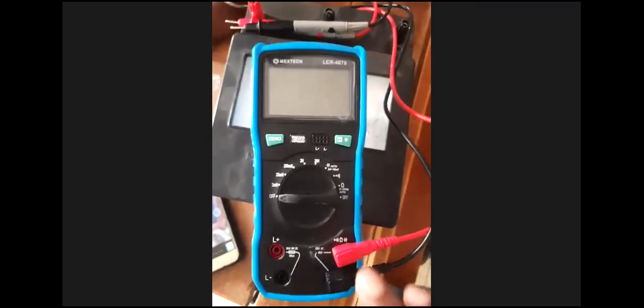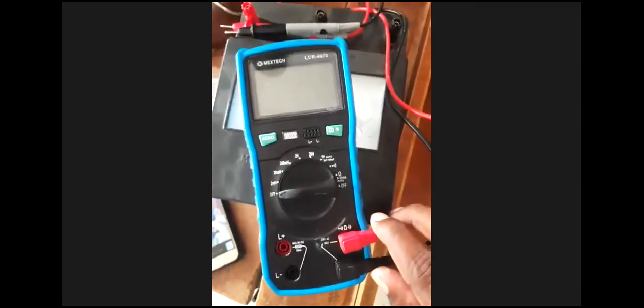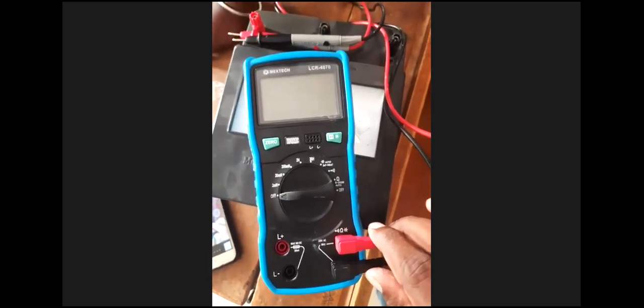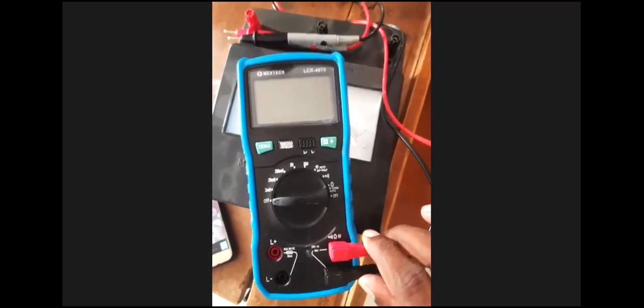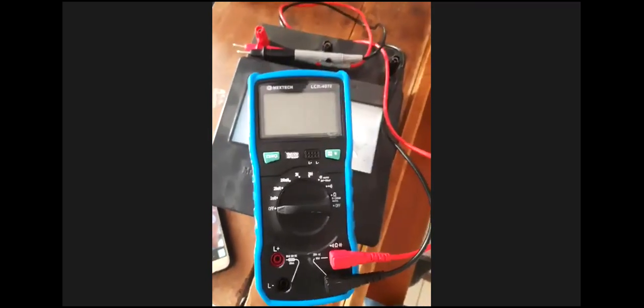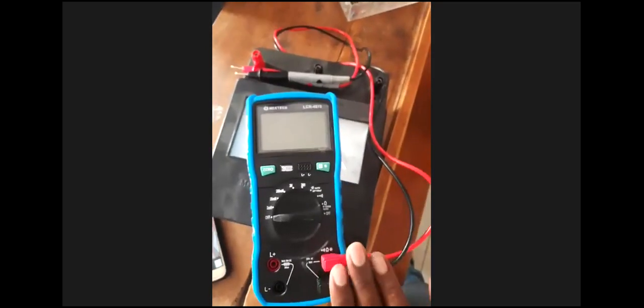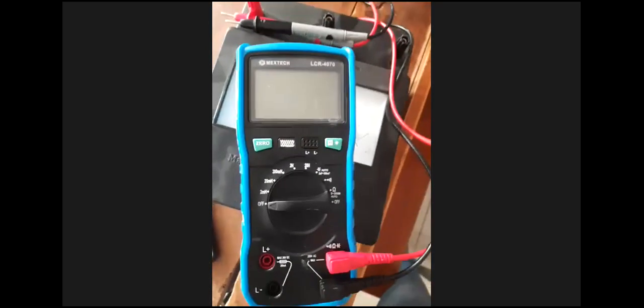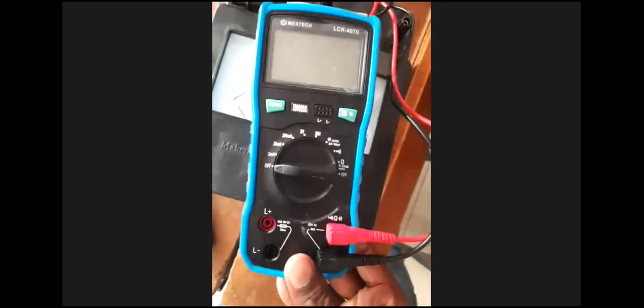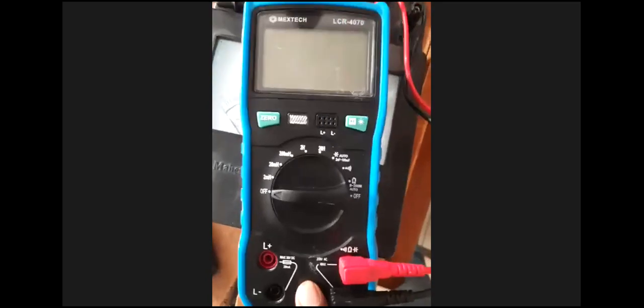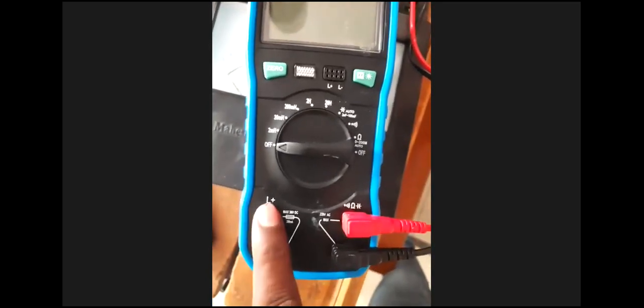Okay, so this is the RLC meter. That means this meter is used to measure resistance, capacitance as well as inductance. Okay, so coil चा inductance measure करण्यासाठी, the capacitance measurement and the resistance measurement. So this is specially used for measurement of R, L and C, so it is called an RLC meter or LCR meter. Okay, see here it is for L measurement. That means for inductor measurement, your knob should be here.